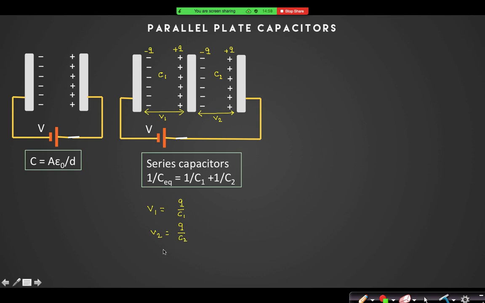Can I say, in order to find the equivalent capacitance of the system, that the total battery voltage is V and the total charge sent by the battery, Q, from the positive plate of the battery, is equal to Q by